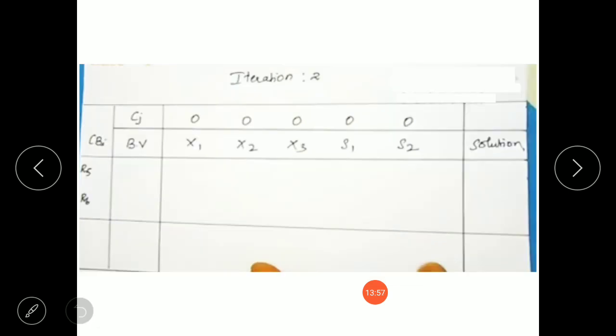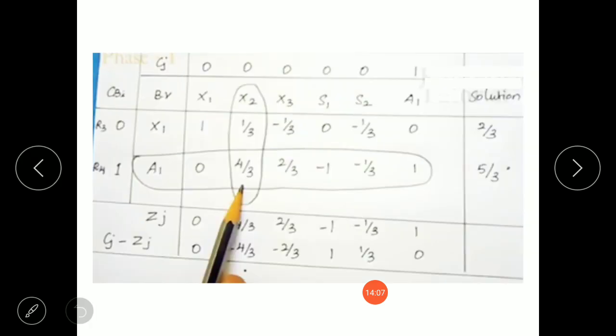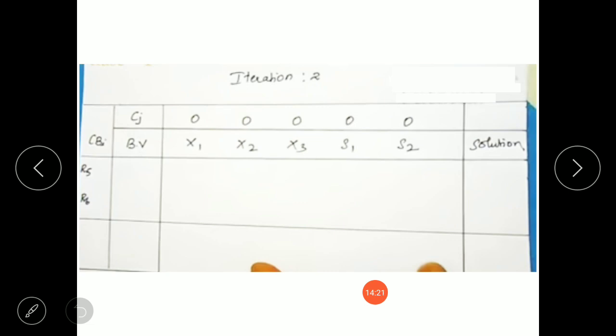So this is my iteration table 2, same CBI, basic variable, Cj and solution. The coefficients of all the variables will remain same as in iteration table 1, that is, in the Cj row, the coefficients of the variables will remain same.